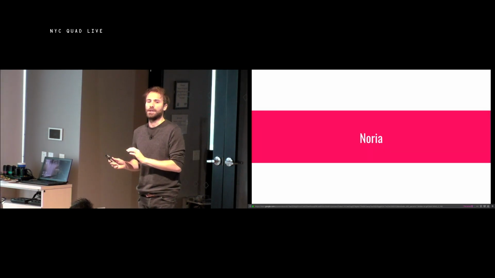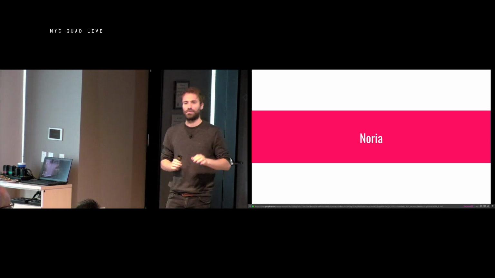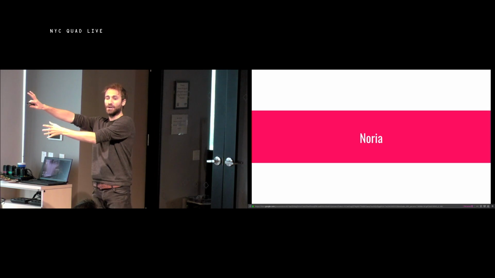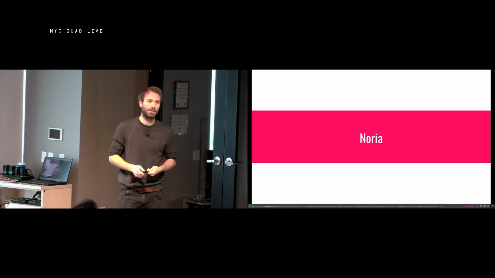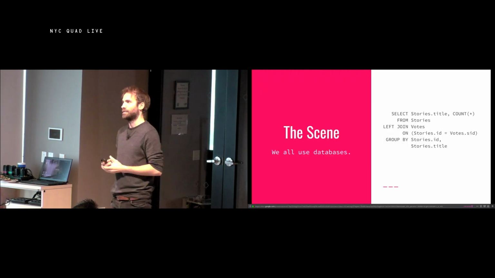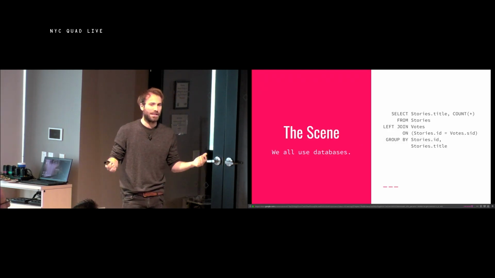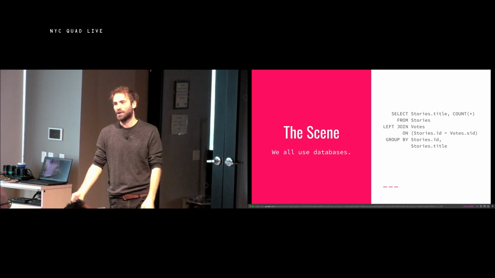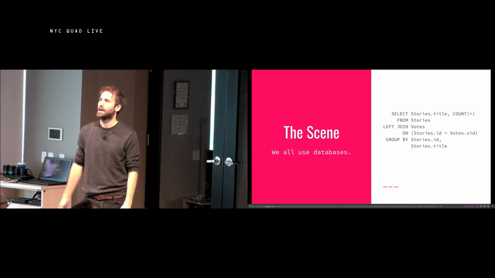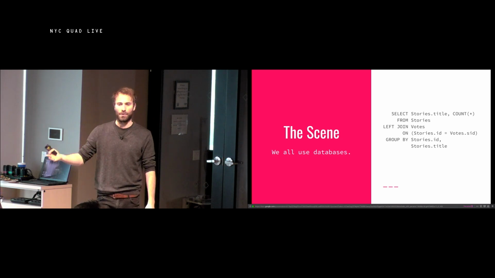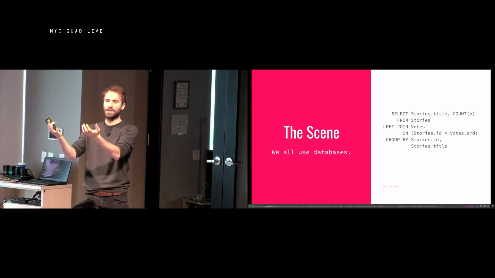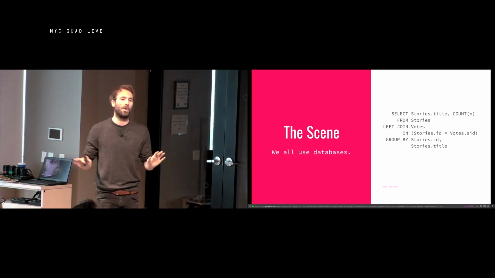Okay, so let's get to the database part of this talk. We've talked a little bit about what Rust is, and now I'm going to switch sides entirely and talk about databases for a second, but hopefully something that you find interesting. So Noria is this project I've been working on for a while, and the basic observation is that you have a bunch of applications that issue queries like this. This is extremely common, that you just have your application issue lots of SQL queries. In this case, it has a stories table and a votes table. You count up the votes for every story, and you want to extract the story title and the vote count for some specific story. All well and good.